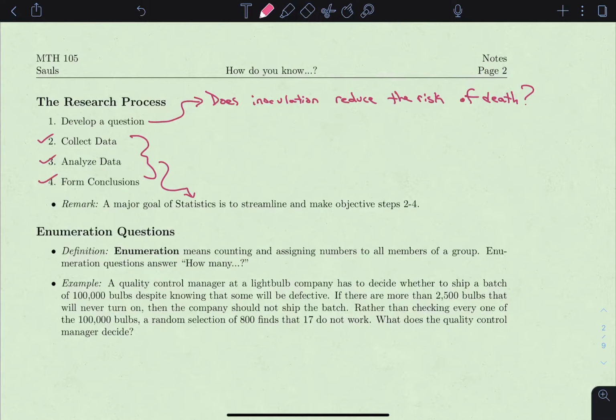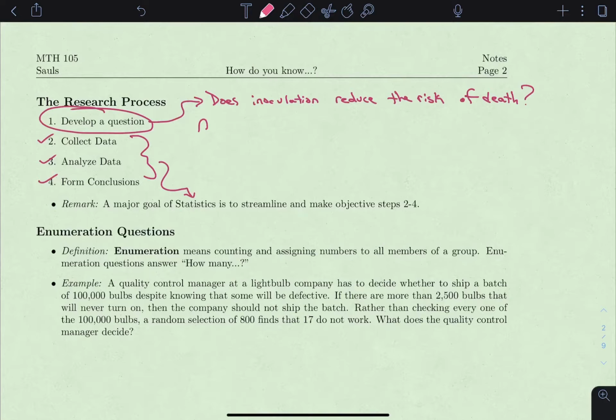But I want to go back to the development of the question, because I think that's maybe the hardest part, and there still is work to be done about refining that. There are ways to measure the quality of a question. And our question, which was, does inoculation reduce the risk of death, is a little vague and can be made better. So compare that question to,